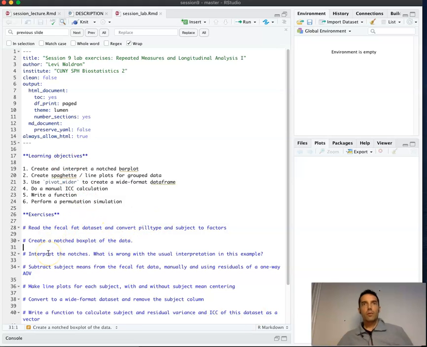All right, I have a number of interesting things planned in today's lab exercises on repeated measures and longitudinal analysis. We're going to go over all of the things that we did in the lecture: creating and interpreting a notched bar plot, creating spaghetti or line plots for group data, creating a wide format data frame using pivot wider, doing a manual intraclass correlation calculation,